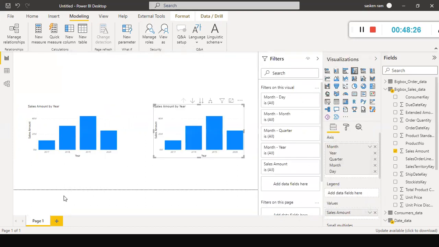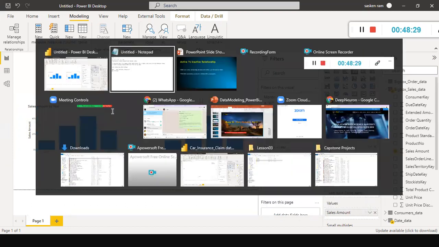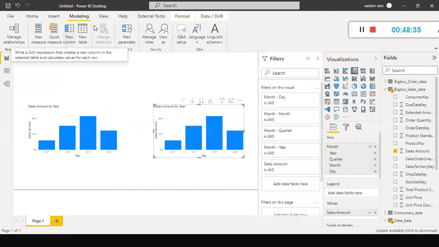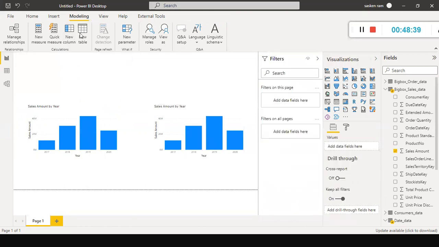You need to go to the modeling tab, and only here can you use DAX functions. Remember this. You have to go to the modeling ribbon and click either new measure, new table, or new column. With these three options, you can use DAX functions.